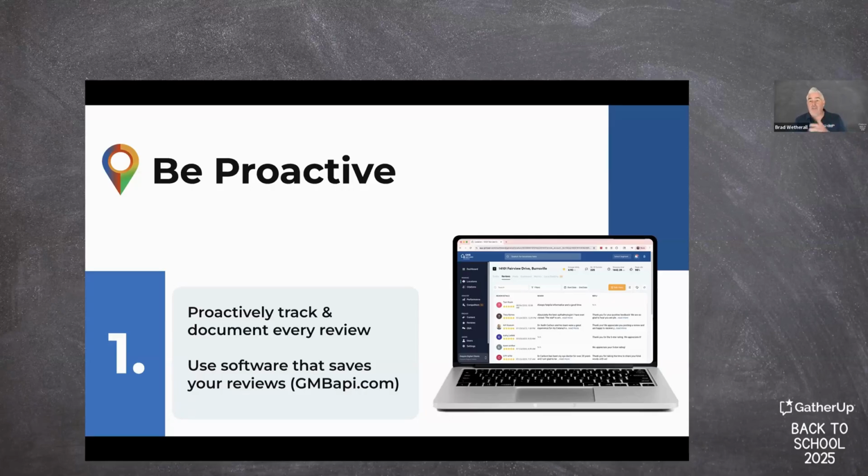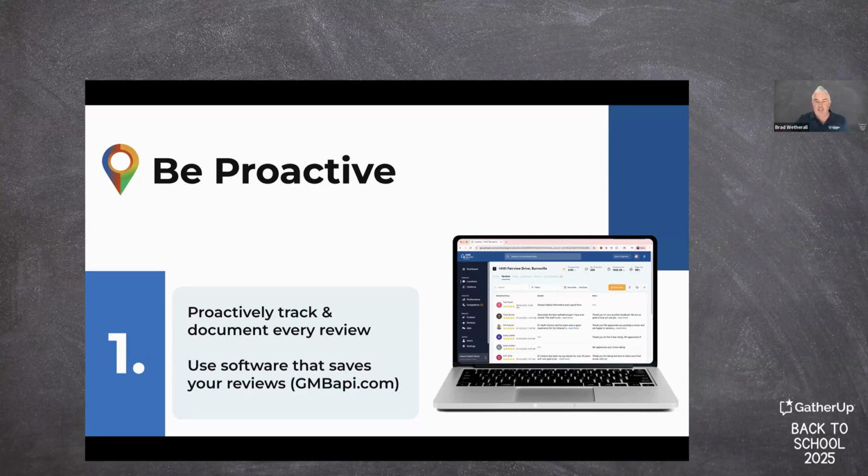And part of the servicing of this tool, among others, I mean, it does a lot of great things, but one of the things that it does is it has all of your reviews, and it even shows reports of when reviews are coming in, and more importantly, when they're getting deleted. So it gives you a little bit more visibility as an agency into which profiles are actually losing reviews. And it has an export button on the reviews so that you can download the ones that have been deleted